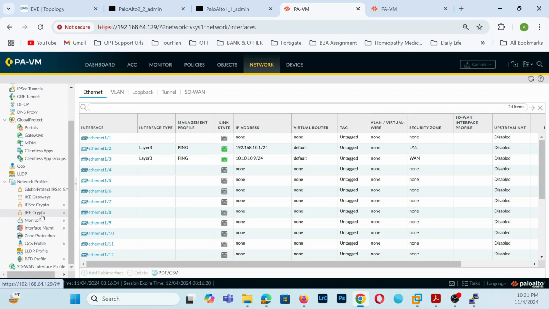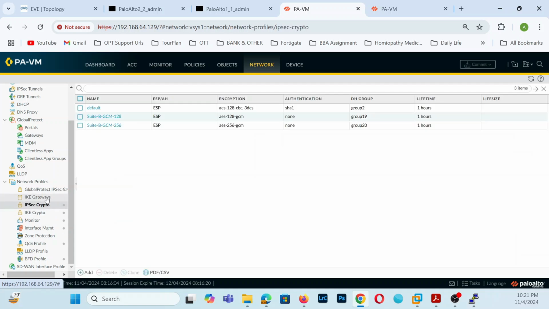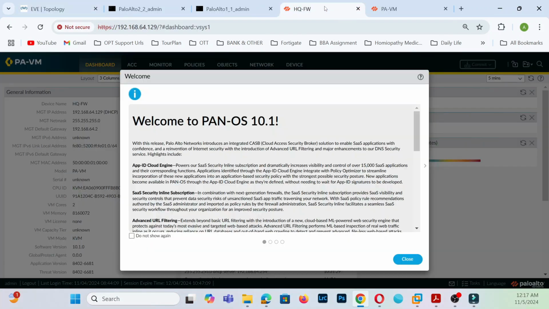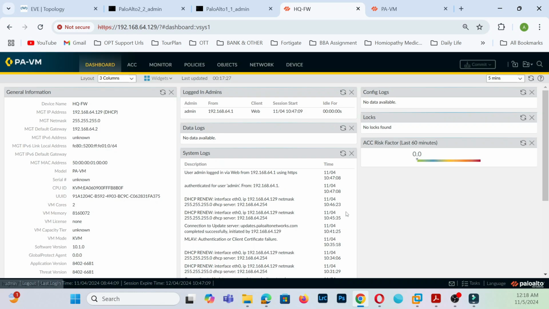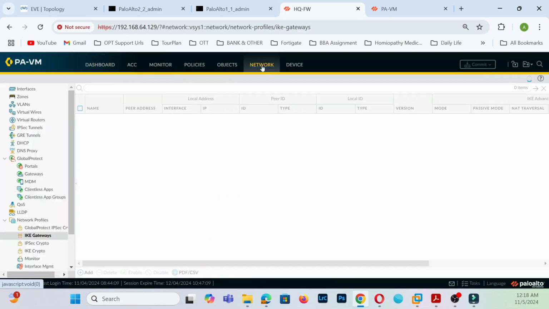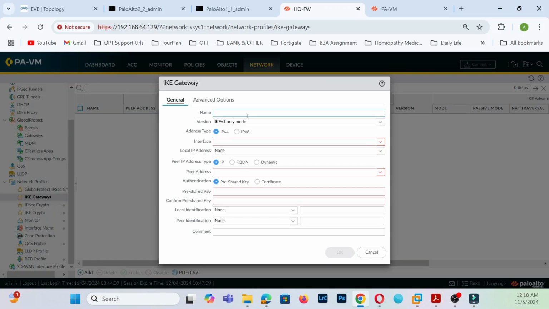First you have to configure the IPSec crypto, then the IKE crypto, and then the IKE gateway. Going to the HQ firewall, we can go to Network, and from there you can configure the IKE gateway. So add the IKE gateway and name the tunnel